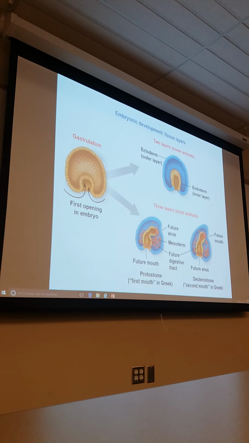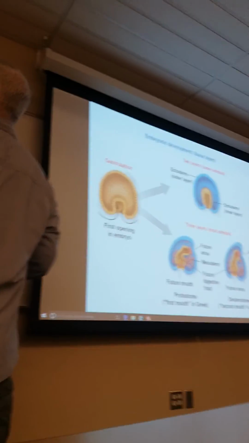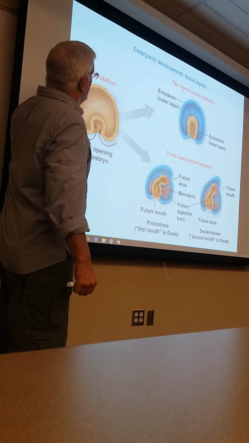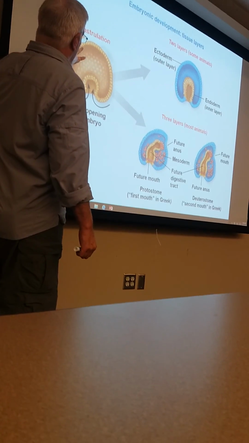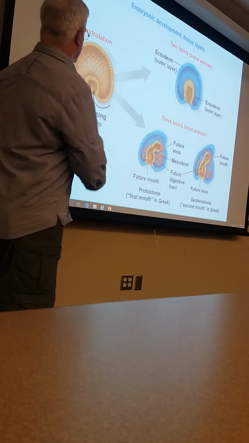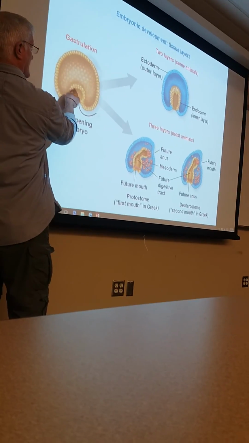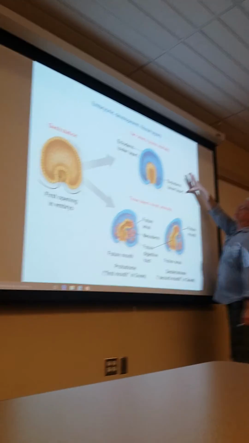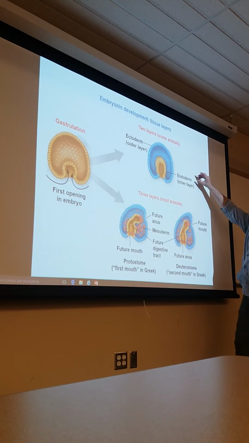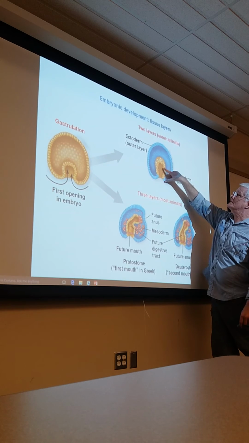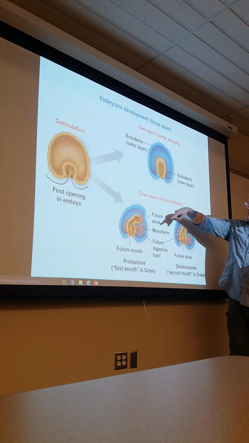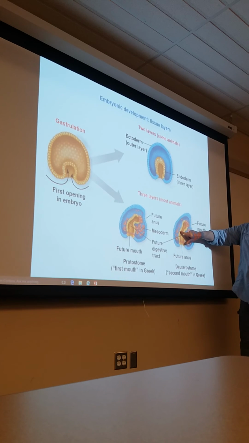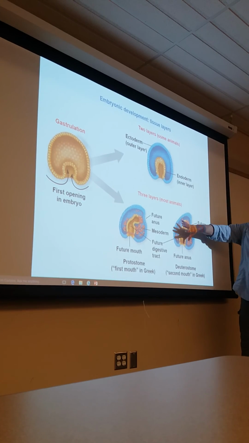All right? A little more practice of the embryonic development. So here we have, for example, gastrulation happening here. We're starting to now fold inwards to create multiple layers. And in this sense, we're looking at a body plan where you have only 2 layers compared to a body plan where you have 3 layers of tissue. We're going to have the ectoderm, the endoderm, and the mesoderm in here.